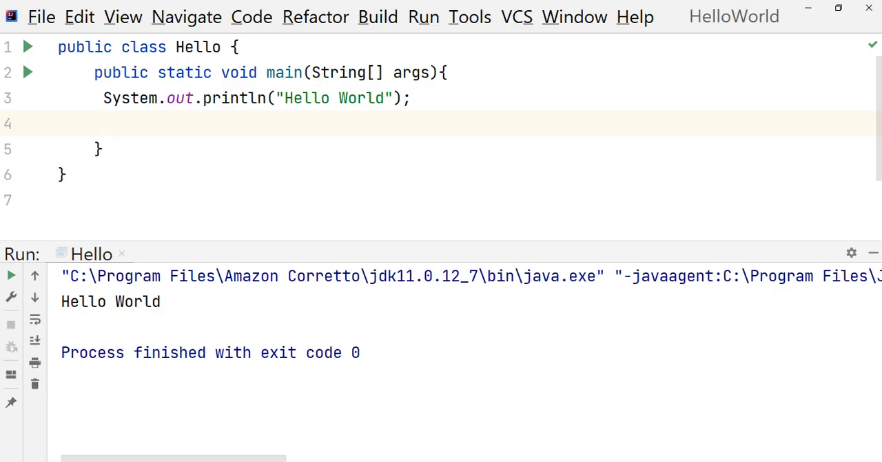Hello everyone. In the last session we discussed what is Java, how to install JDK and IntelliJ IDEA. In this session we are going to see what are the variables and primitive data types that are available in